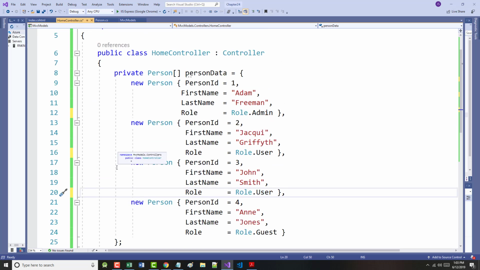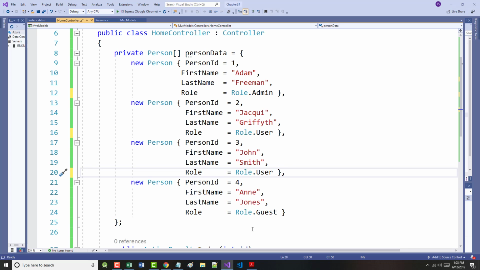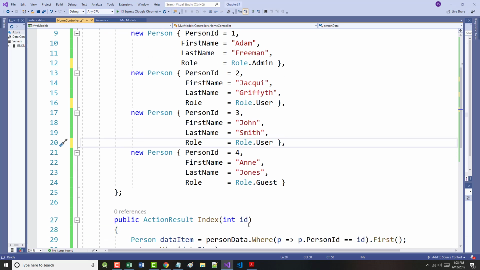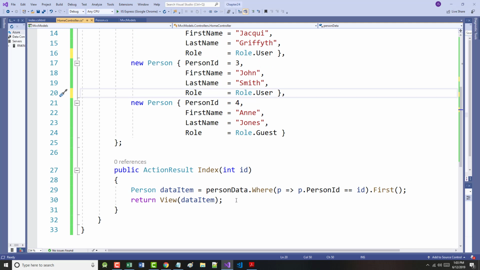The IDs are set, so that should be okay. That looks correct as far as I can tell. The action result, that was copied in directly. And the Index.cshtml file,